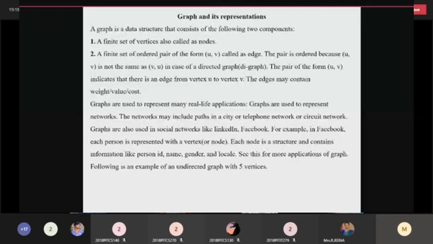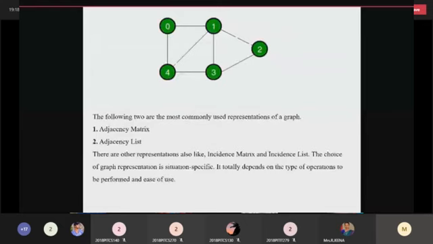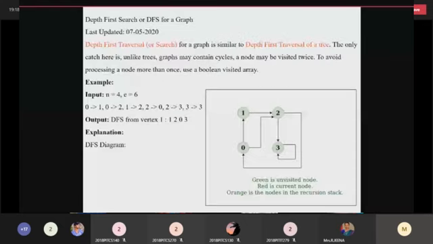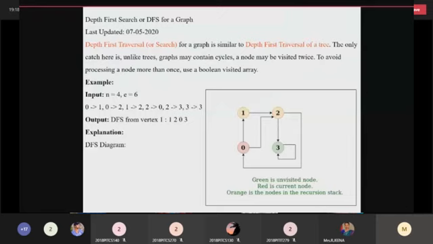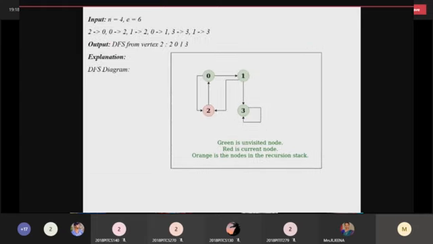The graph will be traversed with two major concepts, BFS and DFS: breadth first traversal and depth first traversal. For depth first traversal you can use a stack concept. For breadth first traversal you can use a queue concept. Depth first means you have to visit the deepest node first, then you visit the branch nodes, I mean side nodes. But in breadth first traversal you visit only the adjacent nodes. In breadth-wise you visit all the adjacent nodes, those nodes directly connected to the particular node. You have to compare. That is the major concept of graph.